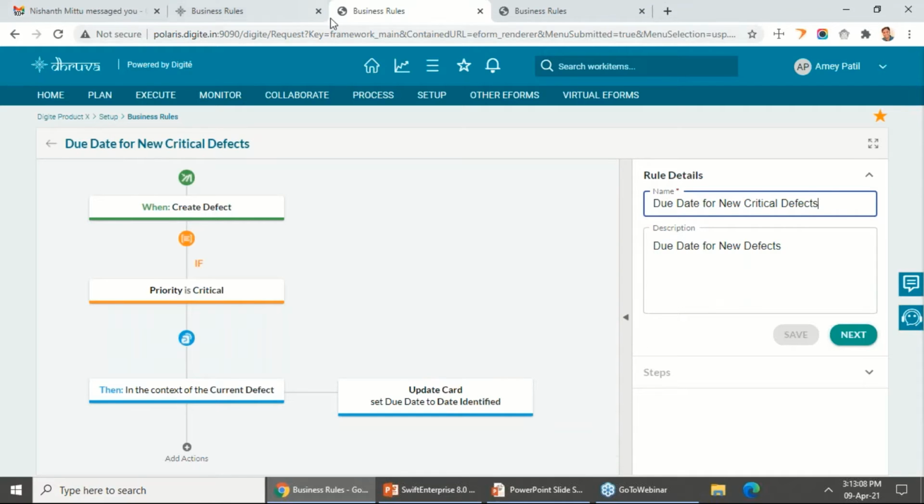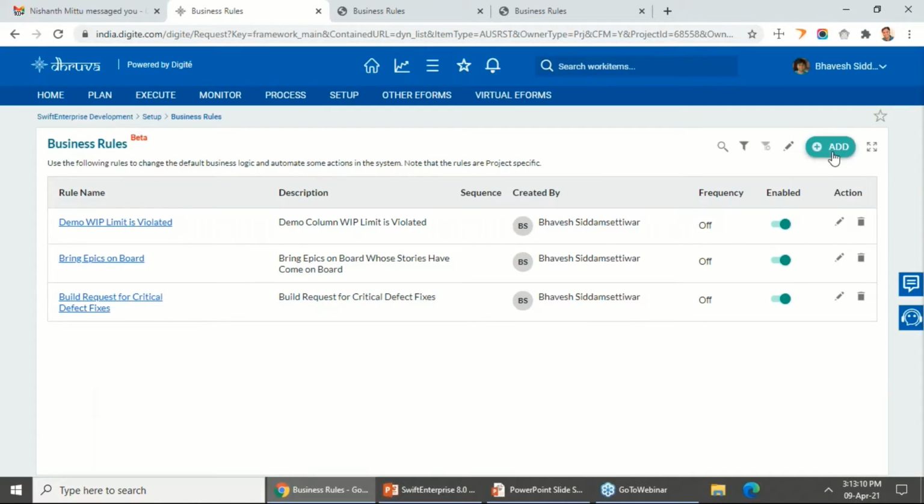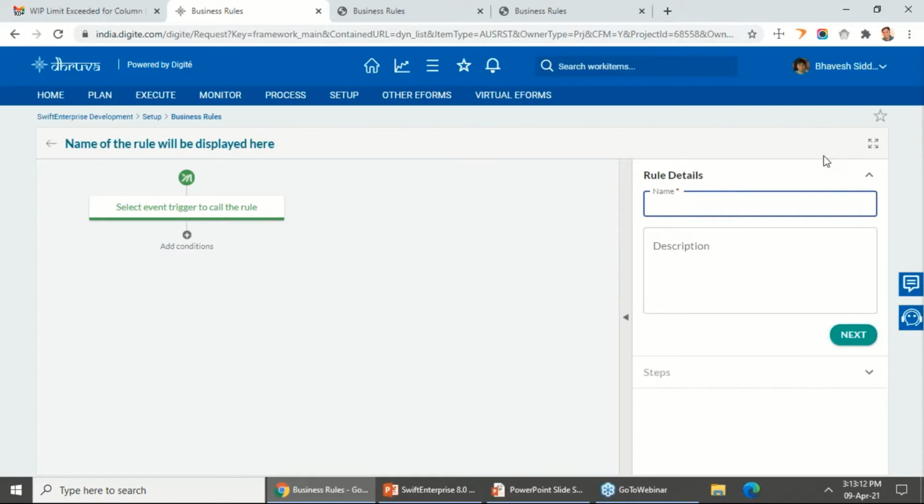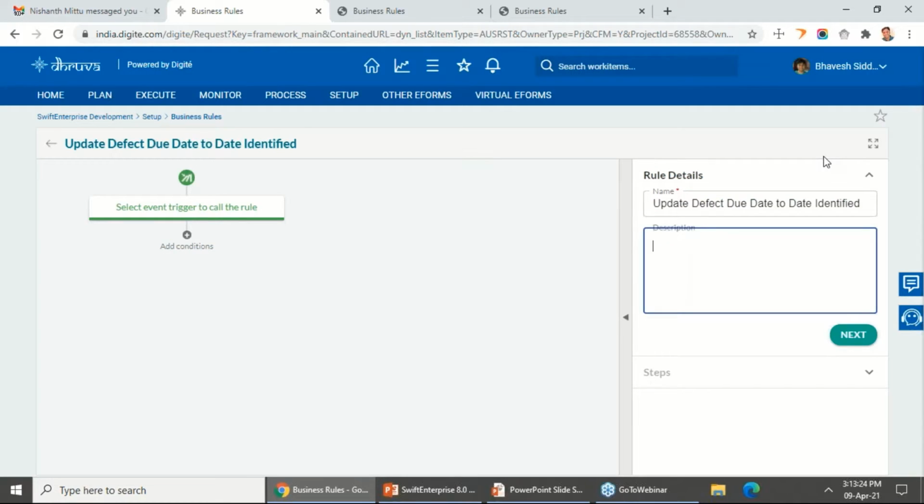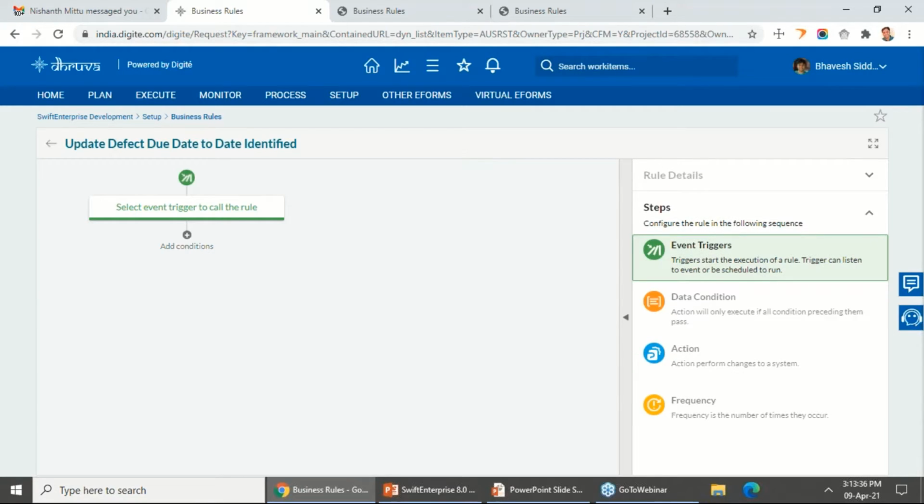So let's quickly go back and see how this can be built as well. If I go to the add screen here, I'll say this updates the defect due date to the date identified. And I'm doing this for critical defects. So this is the first information that you would like to provide whenever you go about defining a business rule. Next step is the